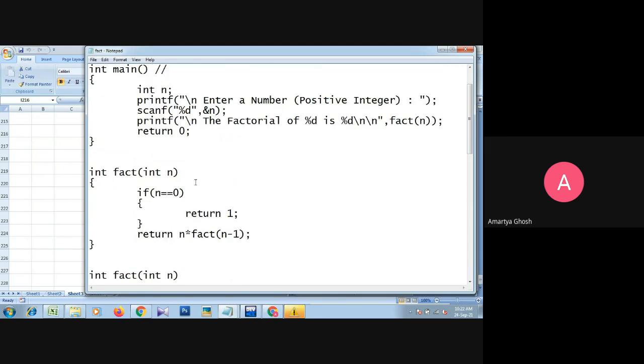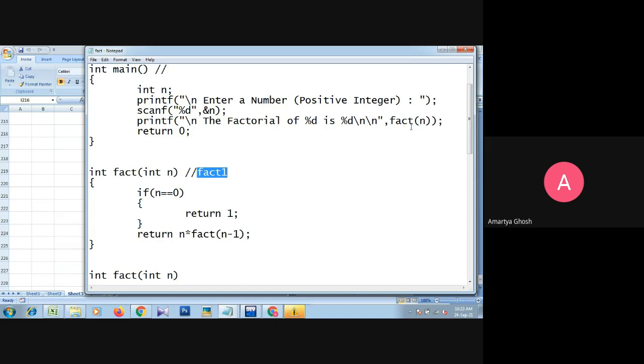Now I give all these functions a name, as in the comment section. So this is the first time the function fact is called here, and that function is here, so that is fact 1.